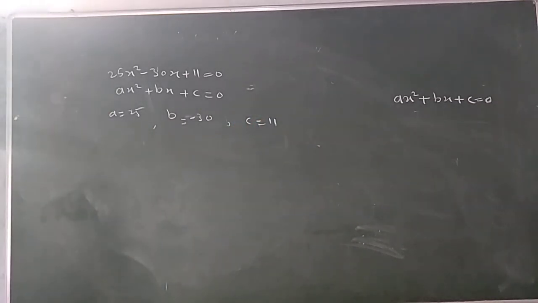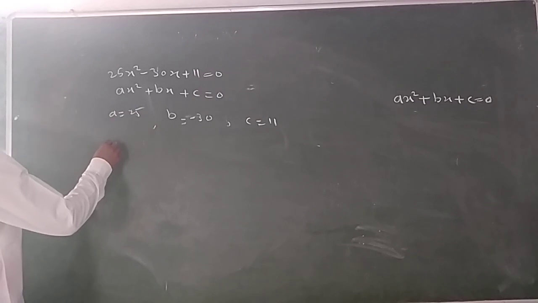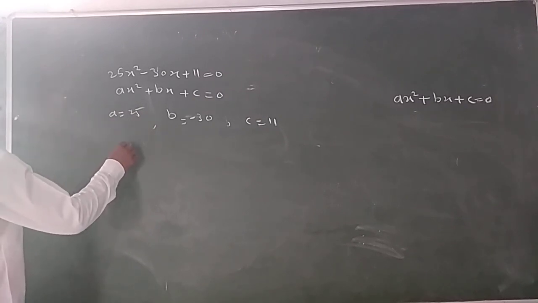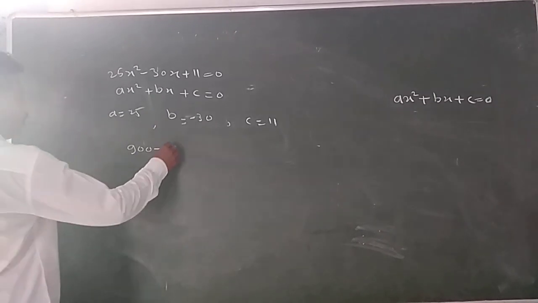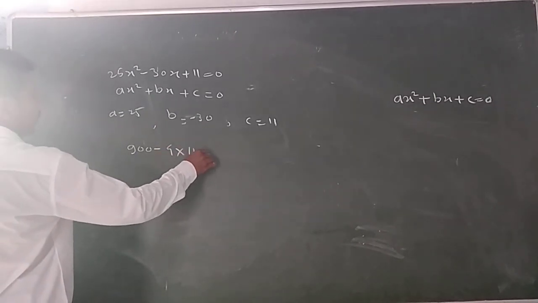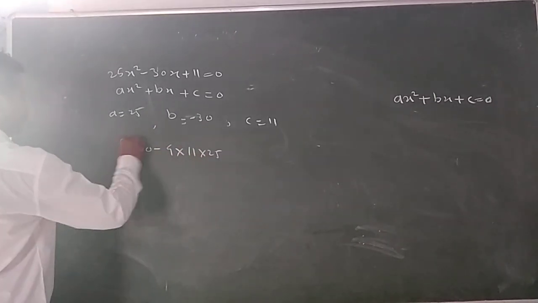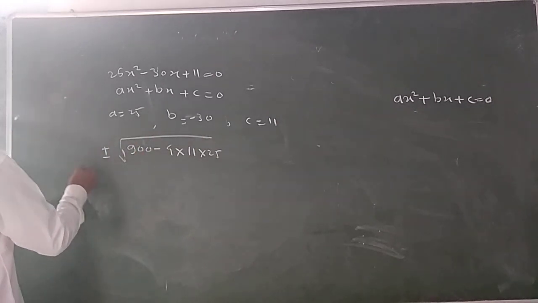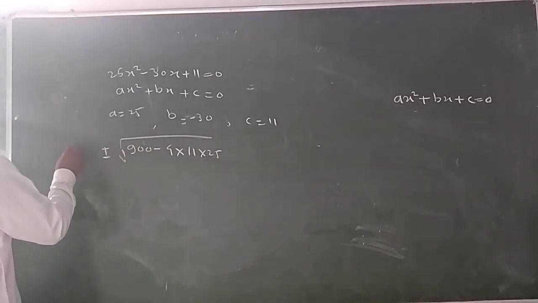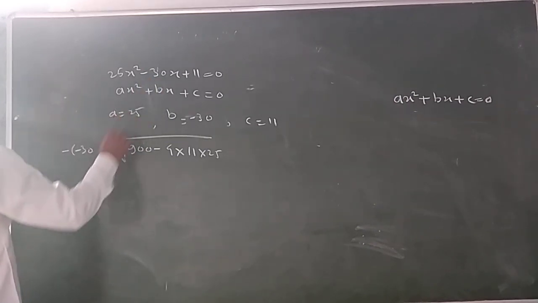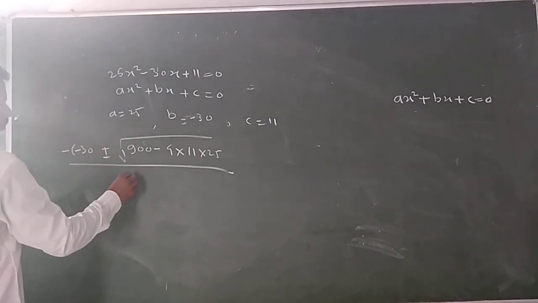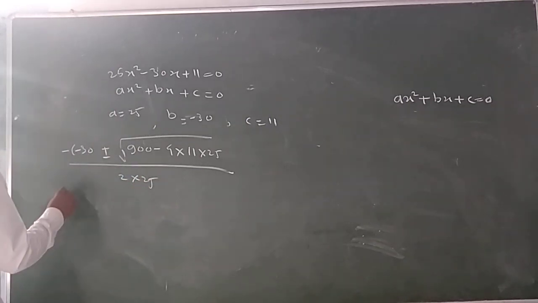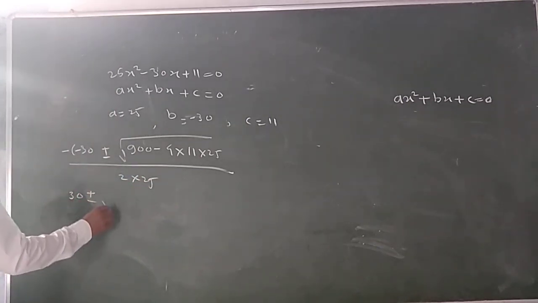Okay. So first b square minus 4ac. What is b square? 900 minus 4ac, 4 into 11 into 25, under root. Here plus minus b, minus of minus 30, that is the b value, divide by 2a. a is 25, 2 multiplied by 25. So 30 plus minus under root